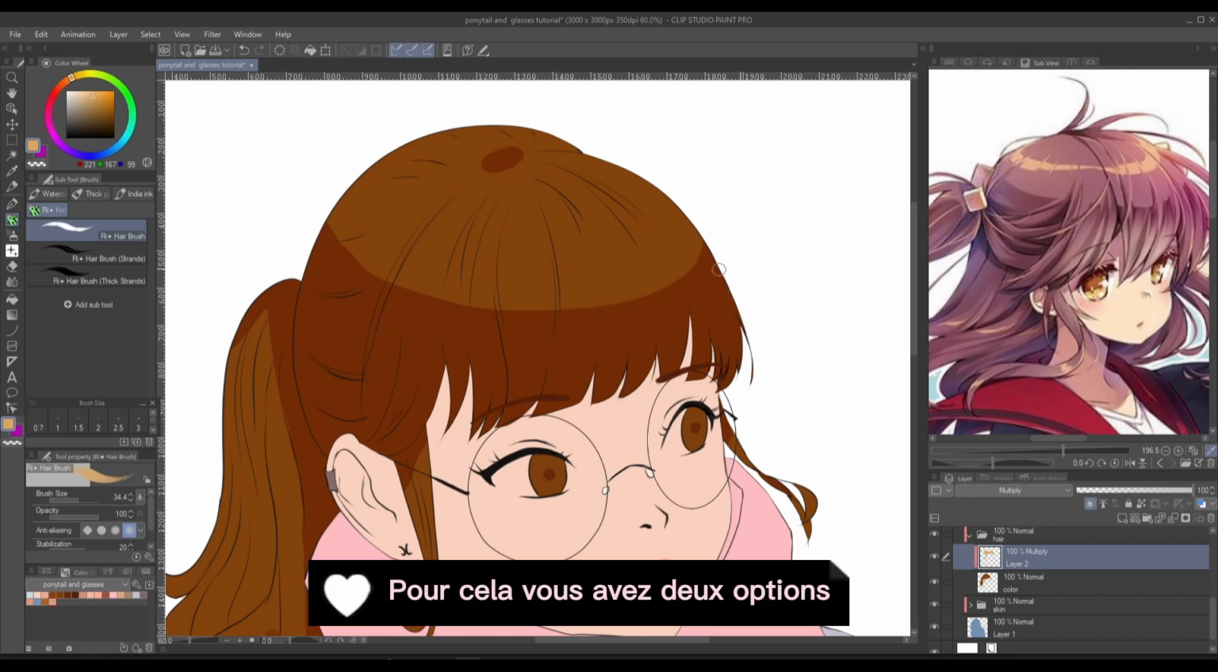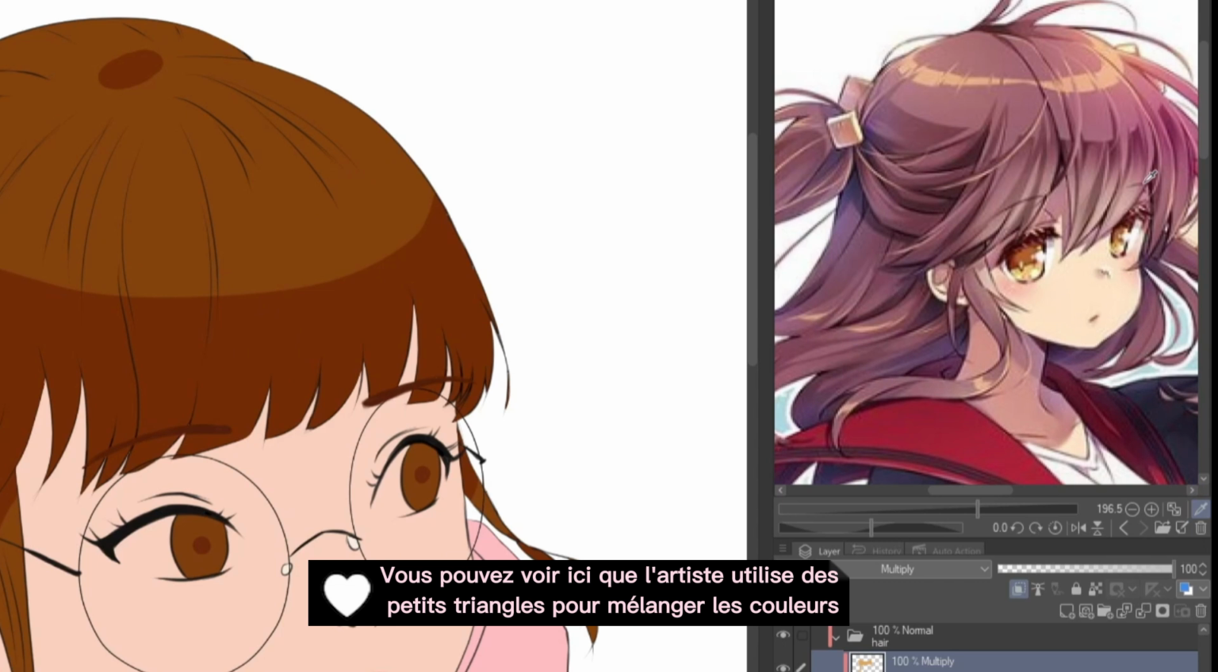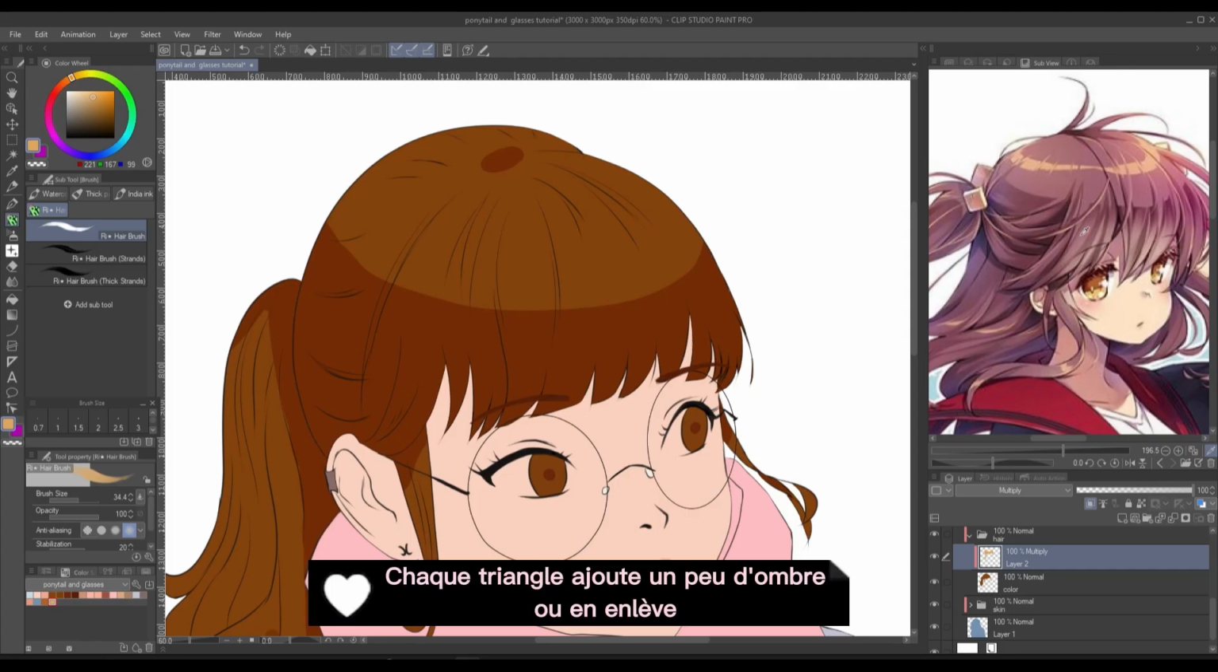And you have two options. If you look at the reference picture here, you can see that the artist used triangles to blend the shadow with the hair color. And sometimes she added color and sometimes she erased it. So what you can easily do is use the transparent color to erase. For example, if you add a triangle here, if you choose the transparent color,